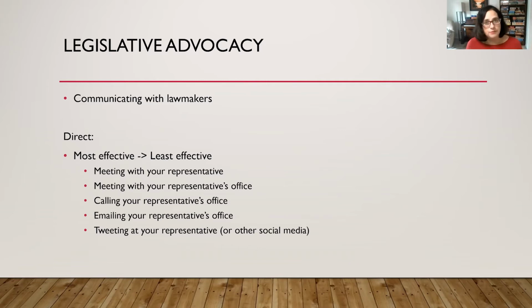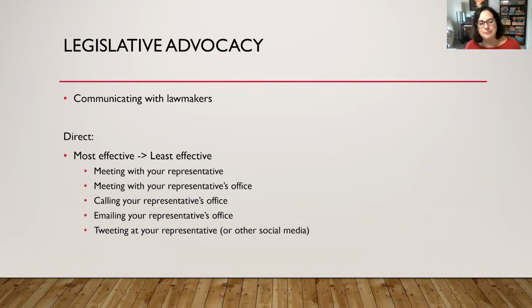You can always email. I know that it's a little less personal, it's a little harder to communicate, but obviously convenient in terms of the time that you're able to spend and think about, and obviously you can do it on off hours. It doesn't have to be open. And if you can't meet with your legislator and are a little uncomfortable on the phone, email is still a great way to share the story and share your passion.